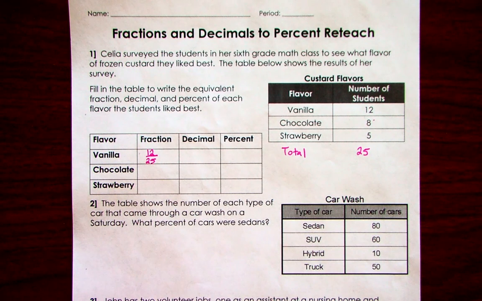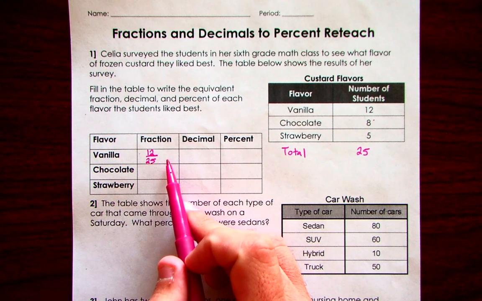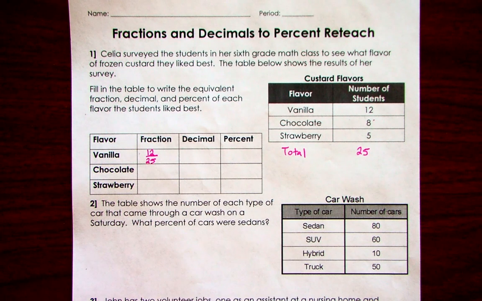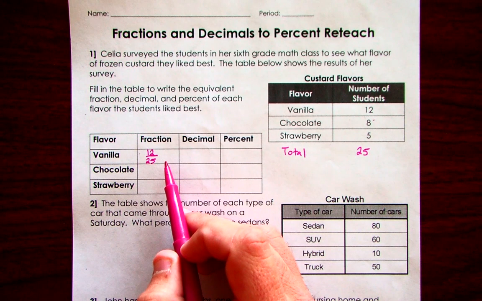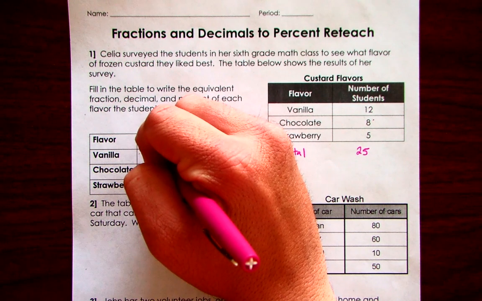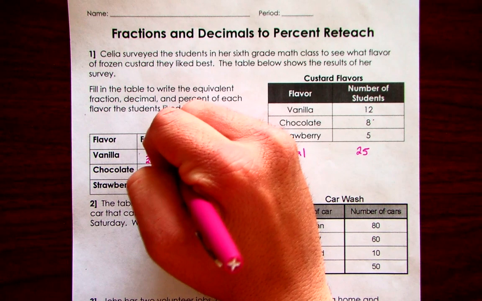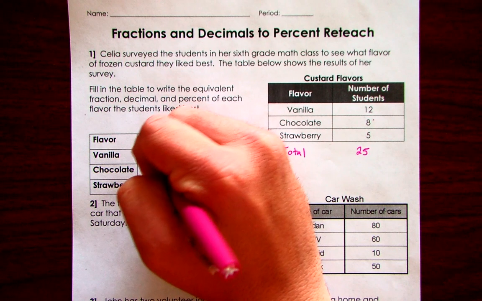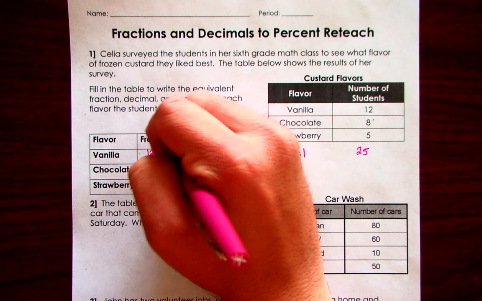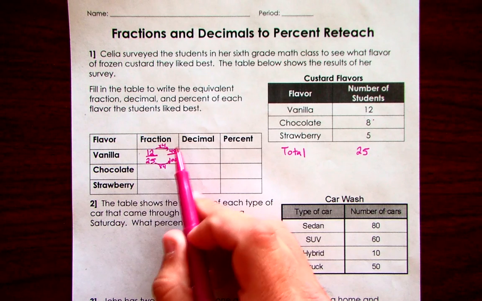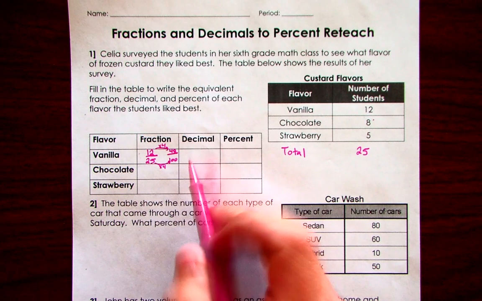But I'm going to show you another way instead of doing that. I can also get my denominator equal to 100. So how many quarters would it take for me to get to $1? Well, that's right, it's 4. So you multiply by 4. So 12 times 4 would give you 48. So as a decimal, you would get